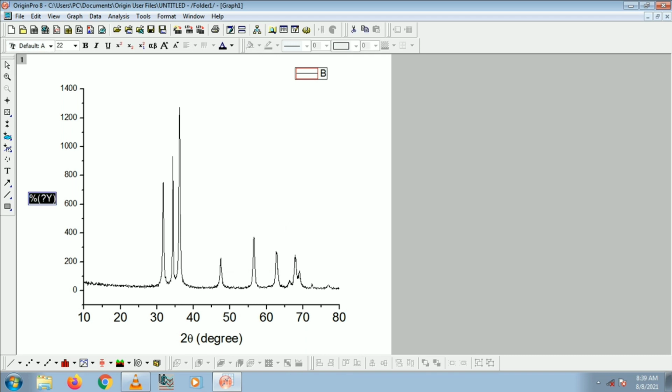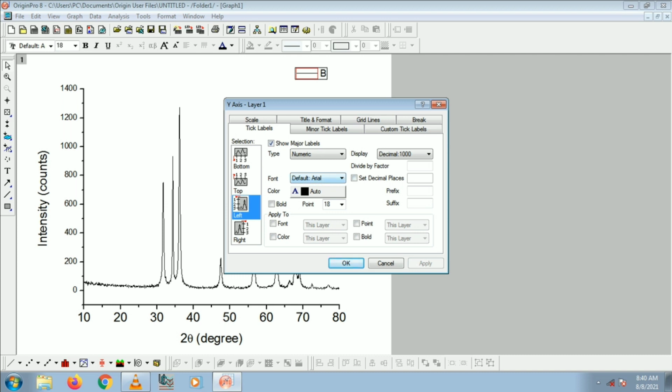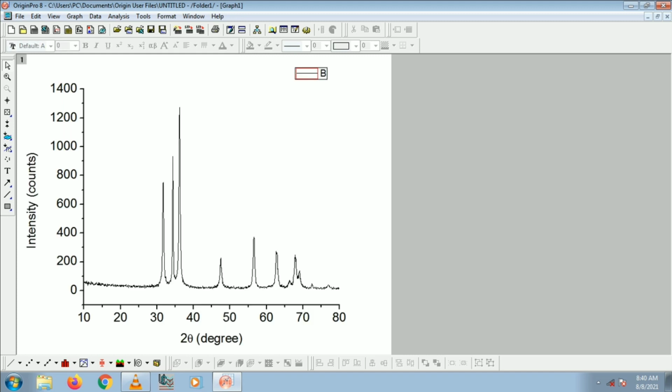Similarly, we can give the y-axis. For the y-axis, we have to write intensity with the unit counts. After writing the y-axis, we have to adjust the font size similar to the x-axis. So the font size is 28 with the Arial font. After writing the x-axis and y-axis,